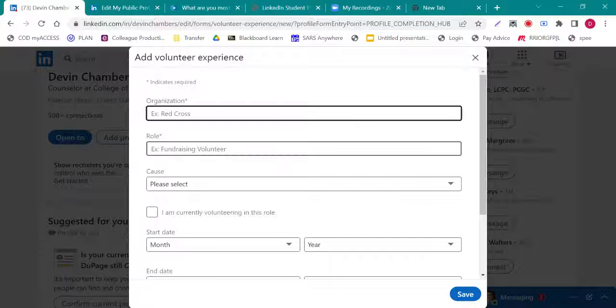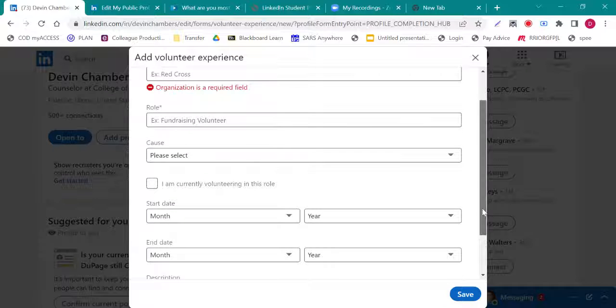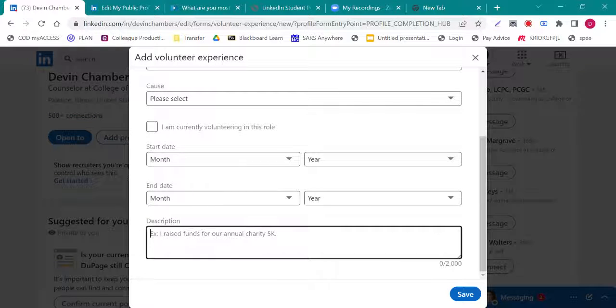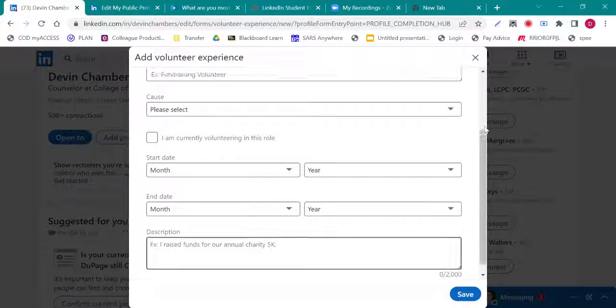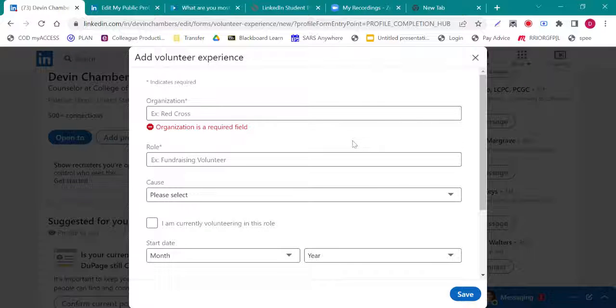So you can put the name of the organization, the role, when you've done it, so when you started and if you ended, and then you could just also again copy and paste from the resume a few bullet points for volunteer. Usually you don't want to have a whole bunch of bullet points for volunteering unless you had a really significant role. But if you don't have a lot of work experience, definitely try to rely on some volunteer experience if you have those in your past, because that can look really good too.